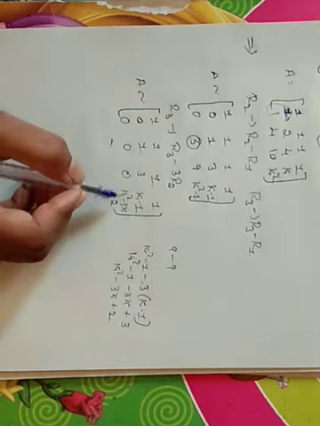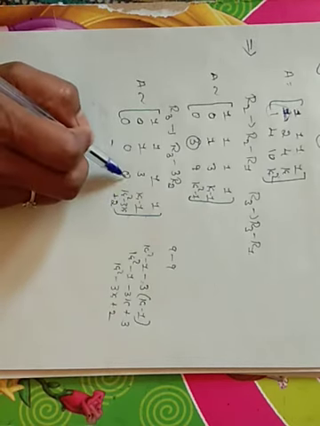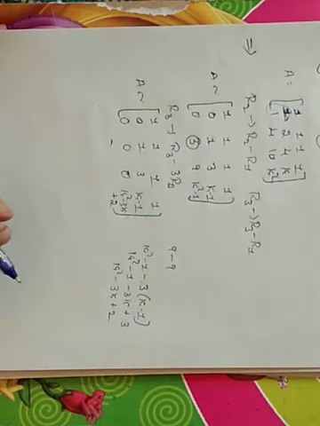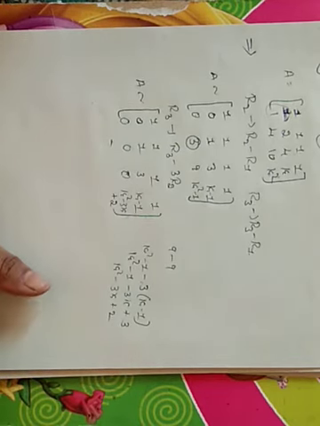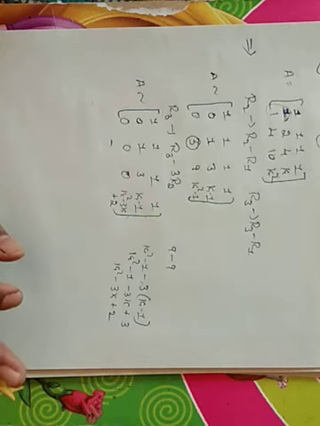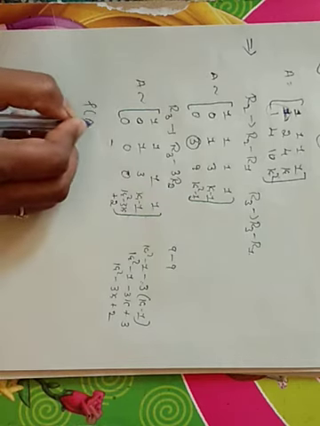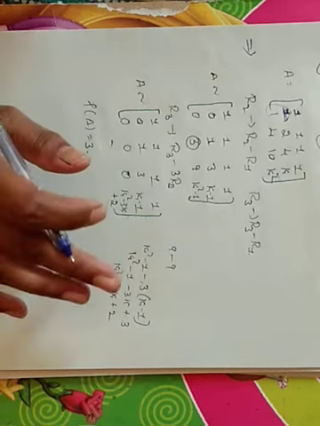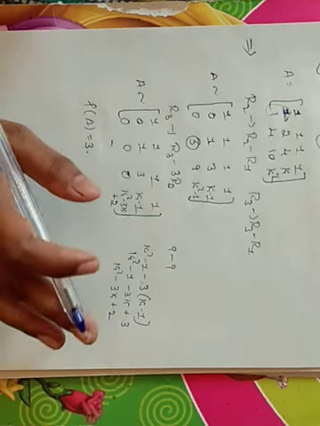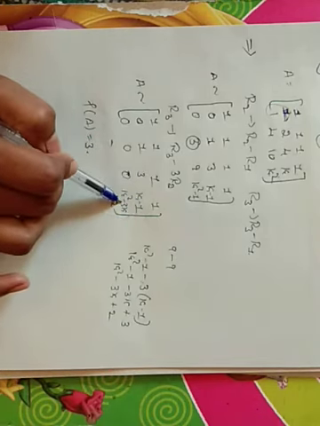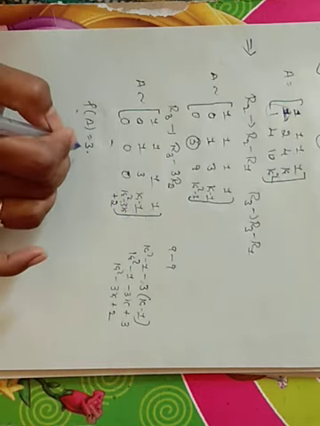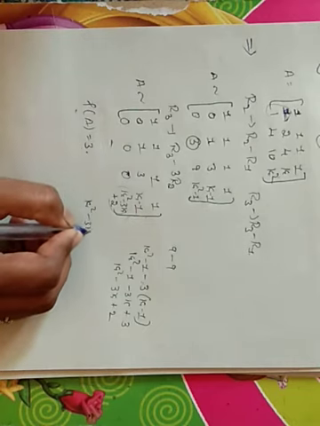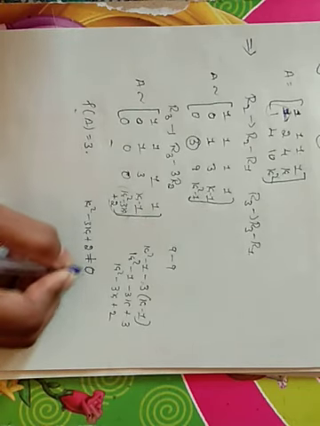So now we can't reduce any further, so it is converted to echelon form. If the rank of A is equal to 3, it means all the 3 rows should be non-zero. If the rank of A is 3, then this term is also non-zero. That means k square minus 3k plus 2 should not be 0.